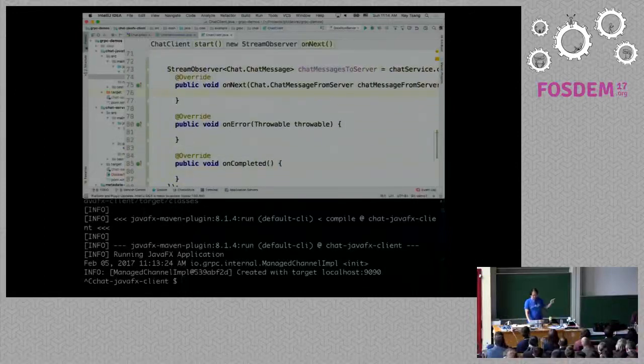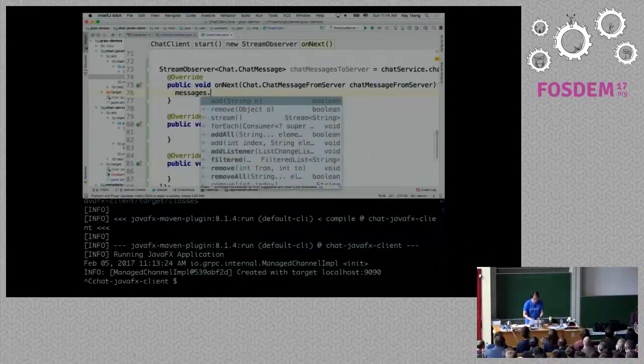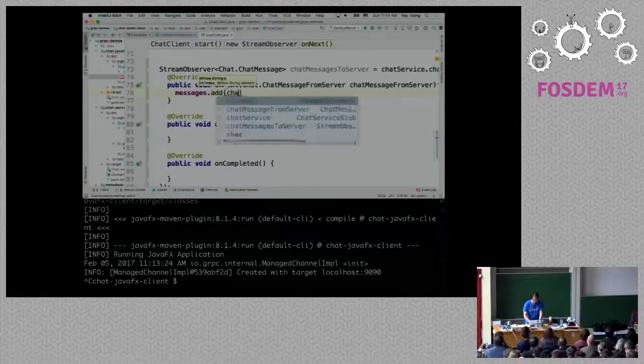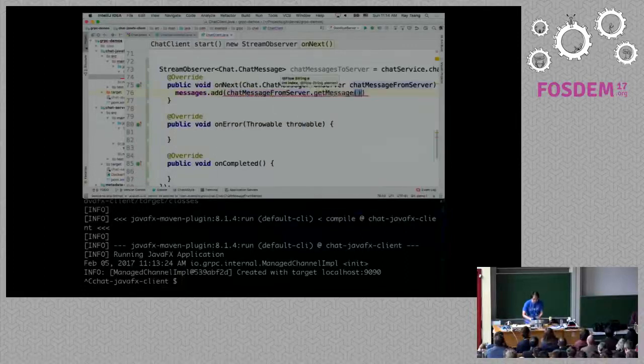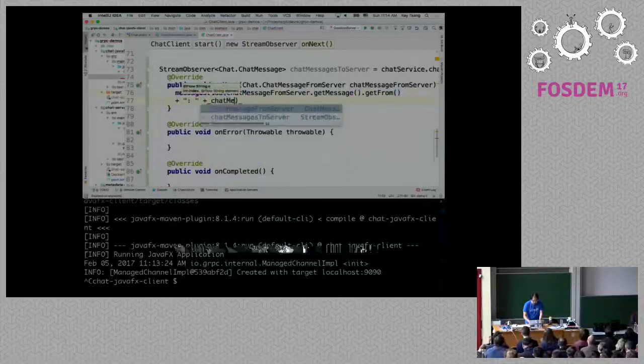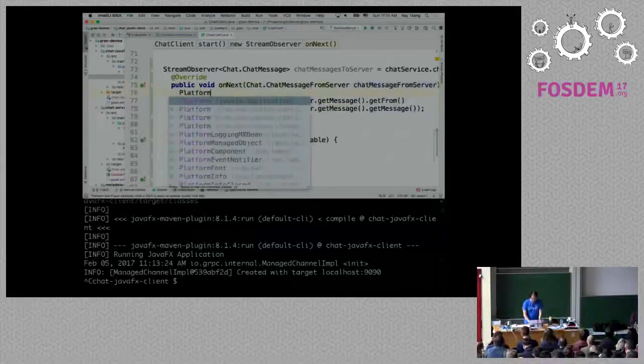Okay, so this onNext callback will be triggered every time the server sends a message to me. So every time the server sends a message to me, guess what? I need to add the message into the view. So what I can do is I just say add. And here I can say, well, what do I need to add? I'm going to add the content of whatever is being sent to me. So I have the from field, I'm going to plus, I'm going to add in the message field as well, the actual text. And that should be it.